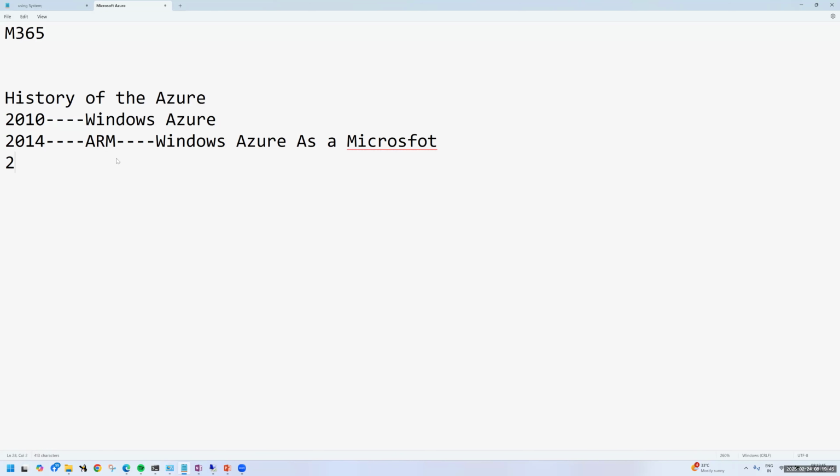Satya Nadella became the CEO of Microsoft in the year 2016. Next, a lot of innovations started being implemented. Now, Microsoft Azure is the market leader. I can say that because of Copilot, guys. Why? Because Copilot is integrated with each and every product of Microsoft.